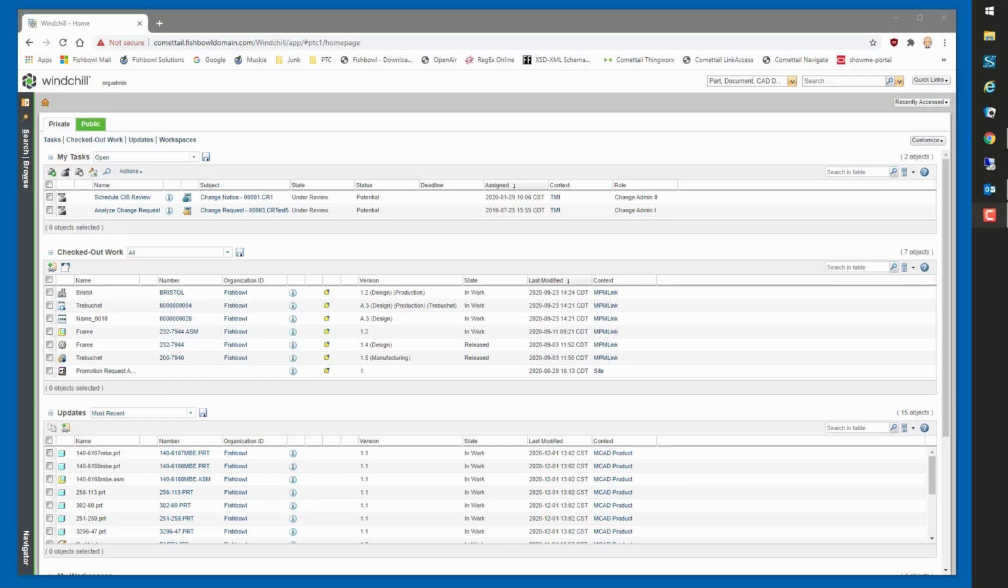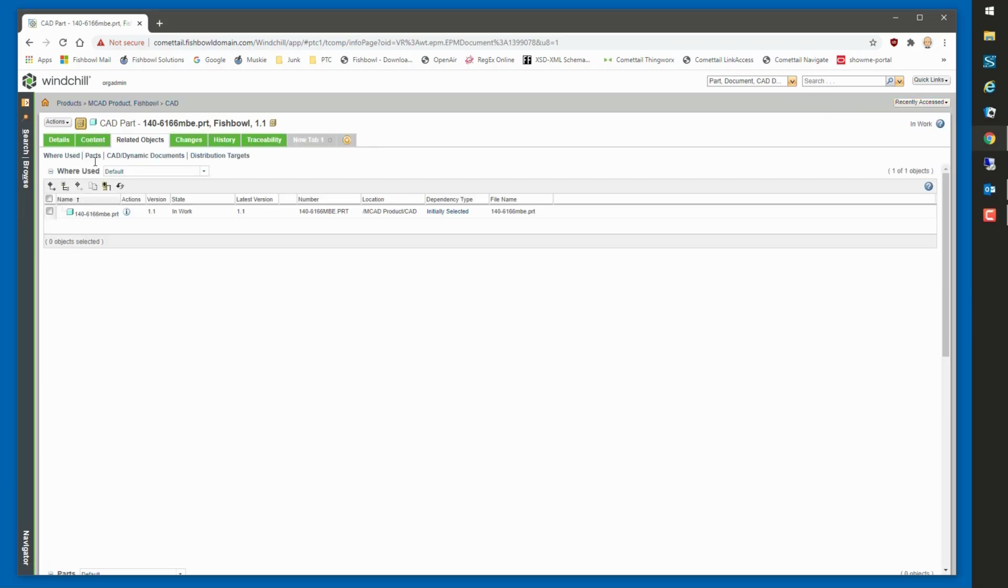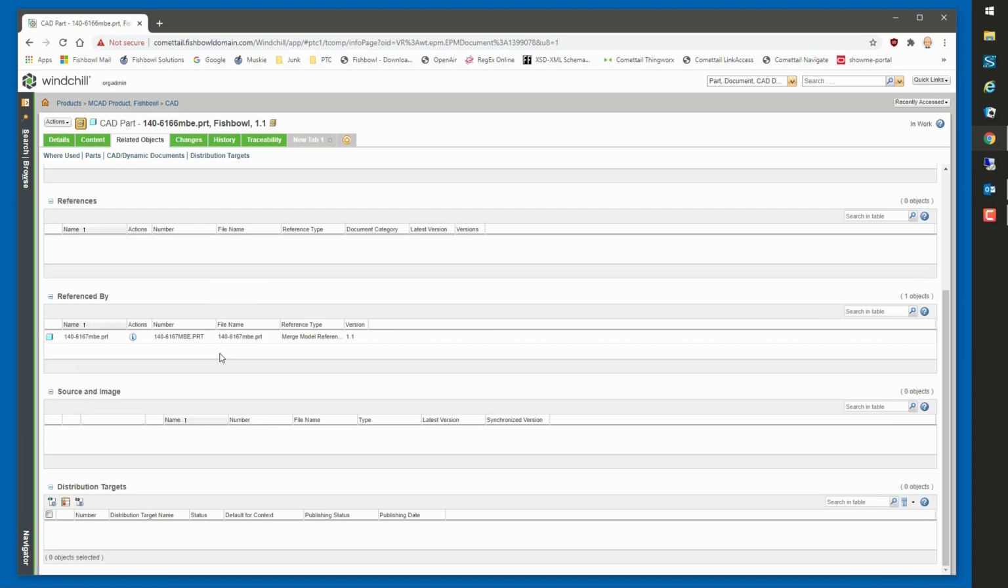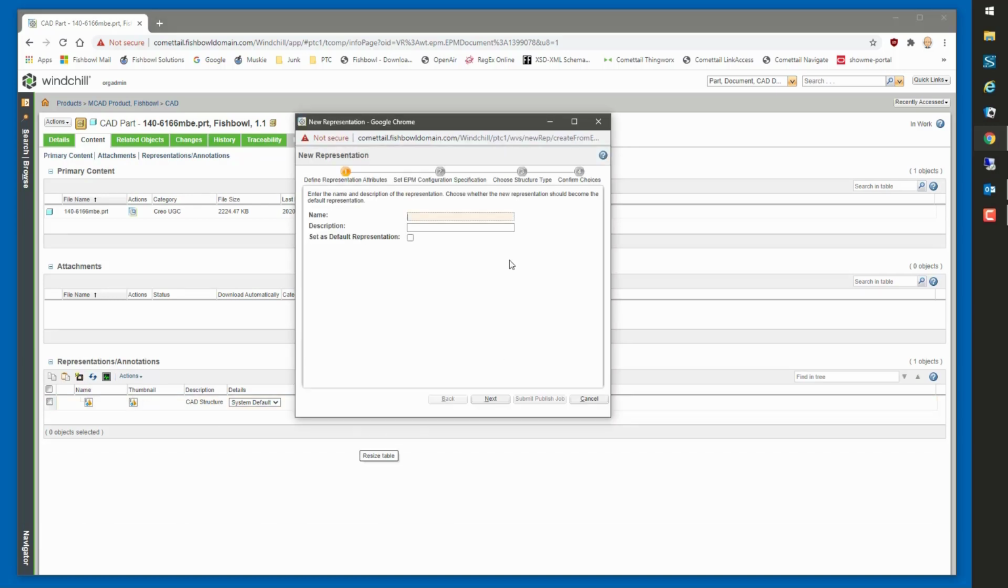Welcome to this demonstration of LinkAccess MBE, a new publishing solution by Fishbowl Solutions for your Creo model-based engineering designs in Windchill. We'll begin by opening a simple part model in Windchill. If we view the related objects table, we can see that it is not associated with any drawings at this time. We'll go ahead and make our request to publish a viewable for this model, which will kick off a